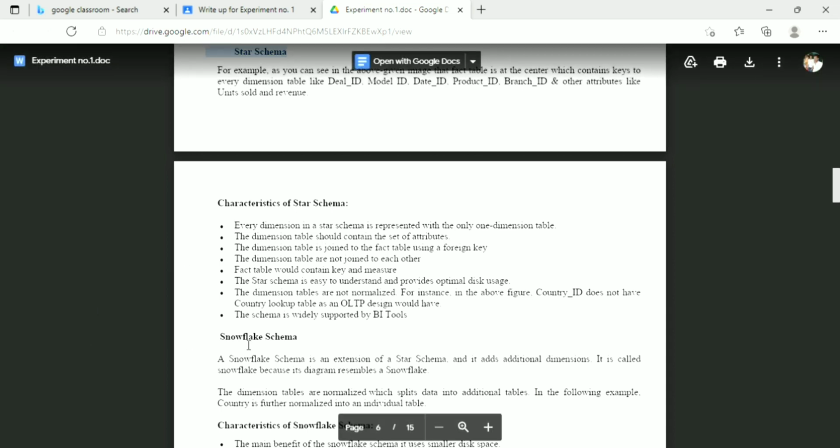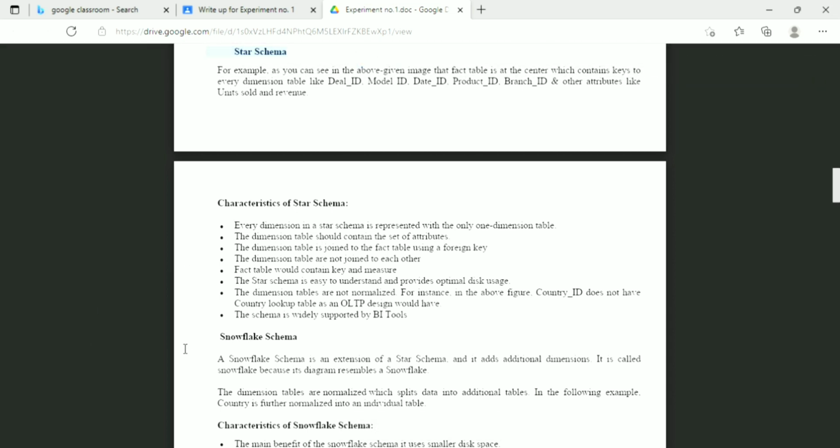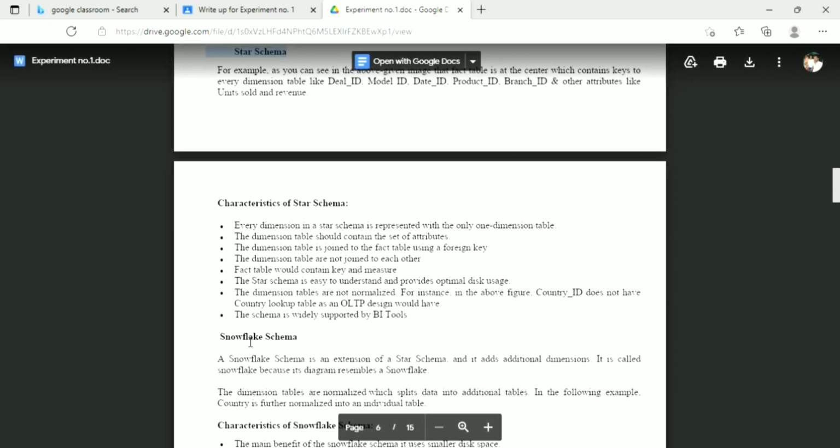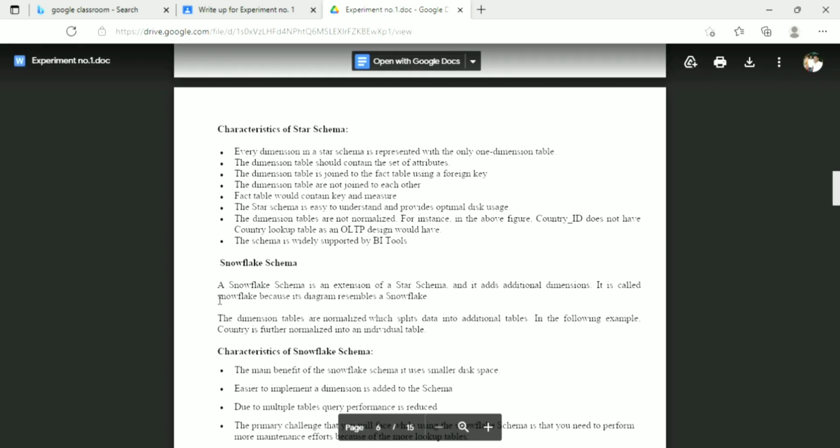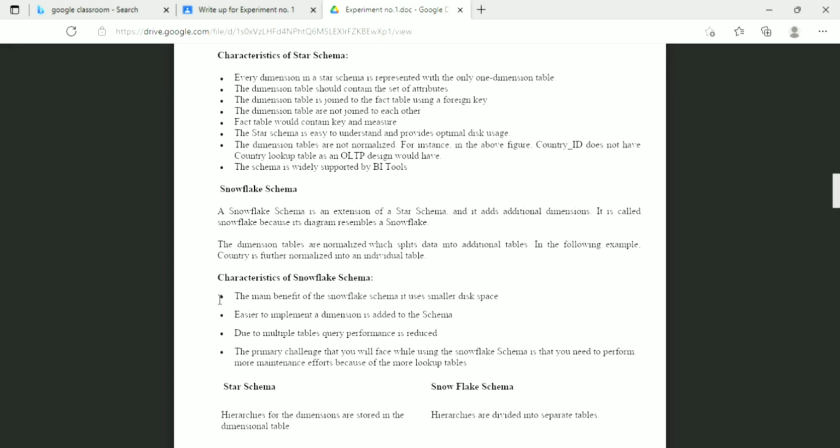Next one is the snowflake schema. This schema is an extension of a star schema, and it adds additional dimensions. It is called a snowflake because its diagram resembles a snowflake, and the dimension tables are normalized, which splits data into additional tables. In the following example, country is further normalized into an individual table.